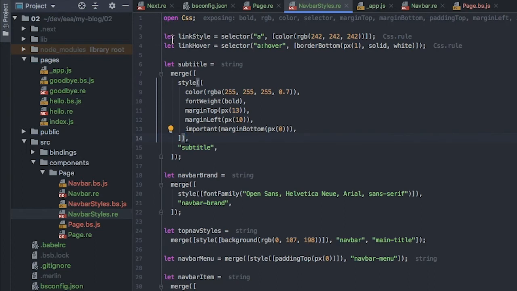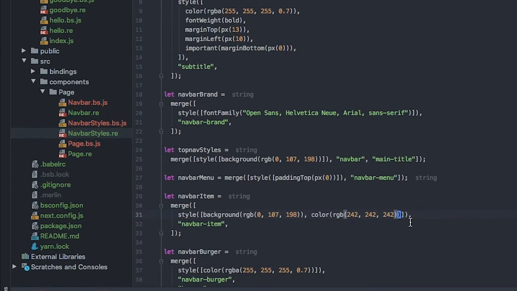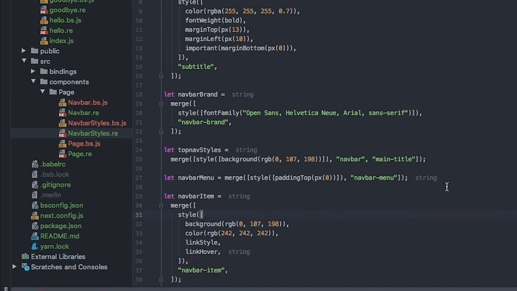So now that we've defined them, we just need to slot them into where we want to actually use them. So we want them in the navbar item. Let's pop them here. Link style, link hover. And if we go back,